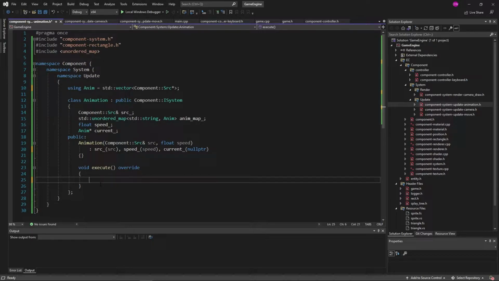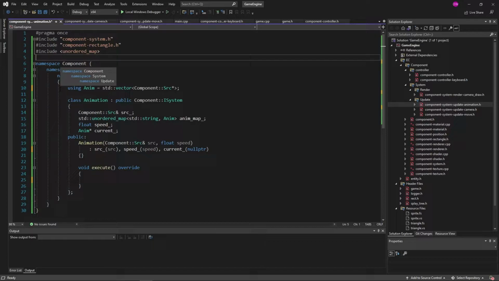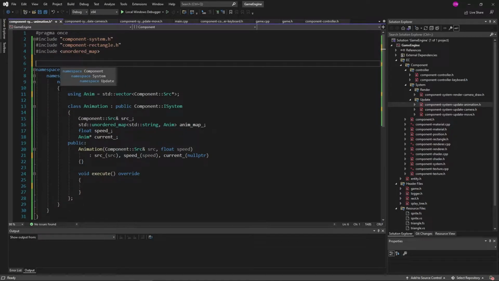So we're going to need a few different things to continue on with that. For one, we're going to need the actual time that it's been running. So every single frame, we want to calculate the time and then divide that by the speed to get whether or not we're changing frames or not. So we'll just kind of floor that to an integer, and then as we cycle through, go back to the beginning once we go back. So we'll also modulate it by the animation size. To